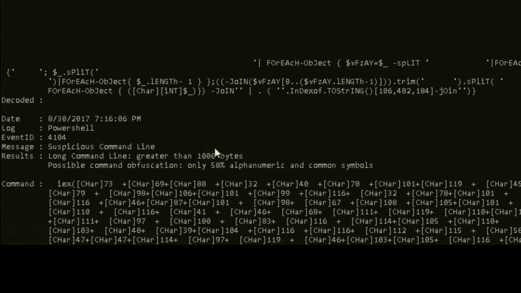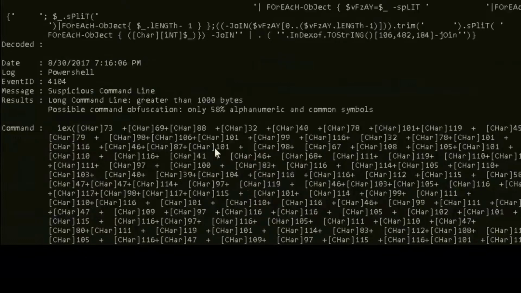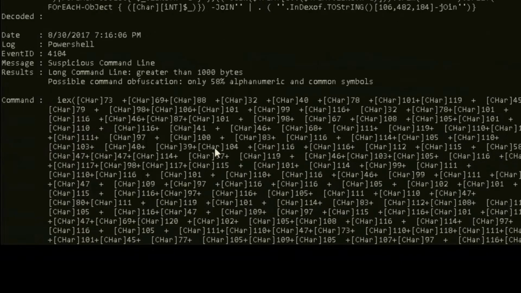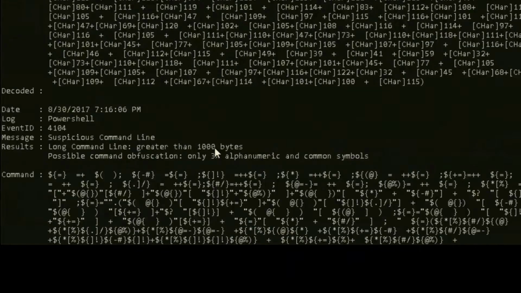The next one, we're taking each of the different characters and we're encoding them. And when we're encoding them, we're putting them into an array. We're going to execute character 73, character 69, character 88, character 32, character 40. And you can see that plus symbol is where we're concatenating those together, one character at a time. Pretty crazy. Next one,